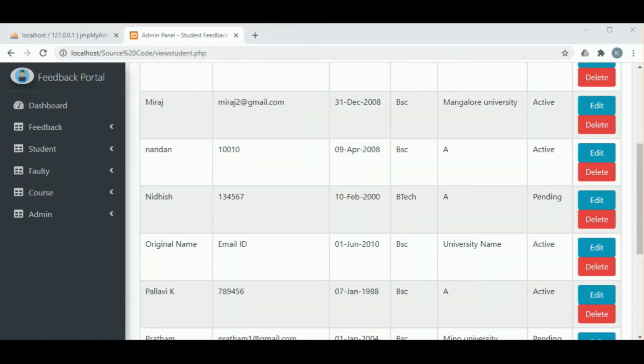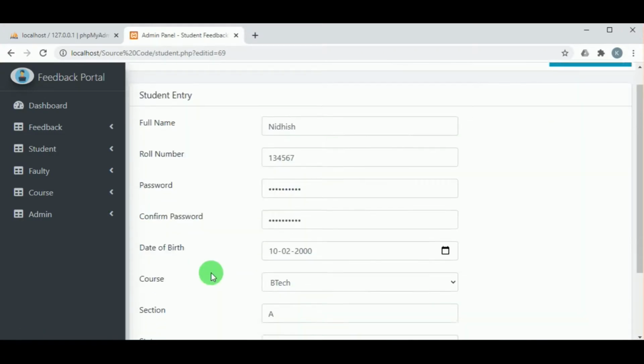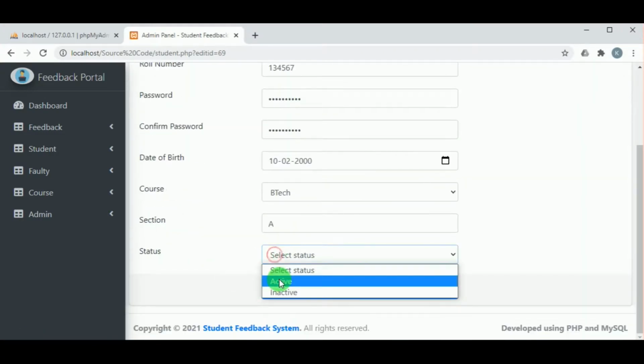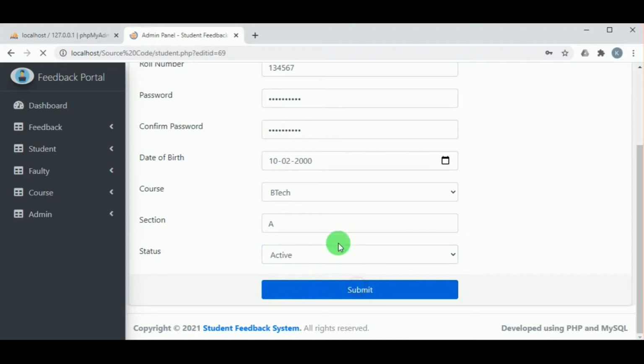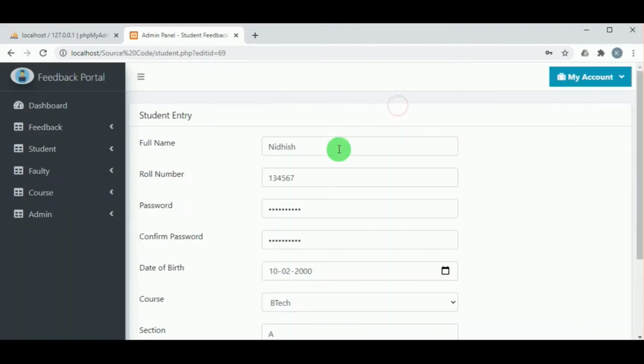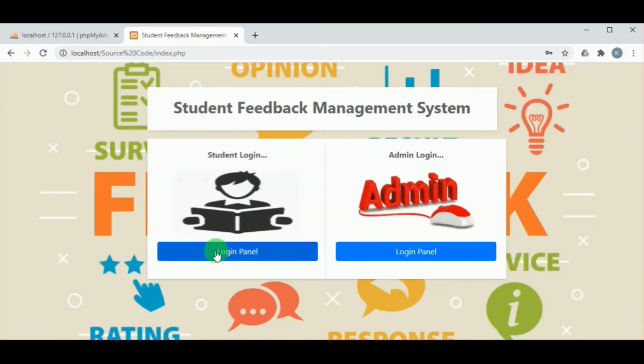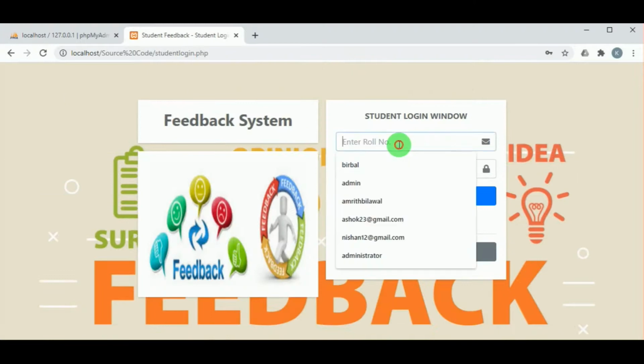So in case if the status of the student is pending, then on clicking on edit, the admin can make changes to the status by clicking on the status as active. So now the student's record will be updated by the admin, and now he can log in and use the account.